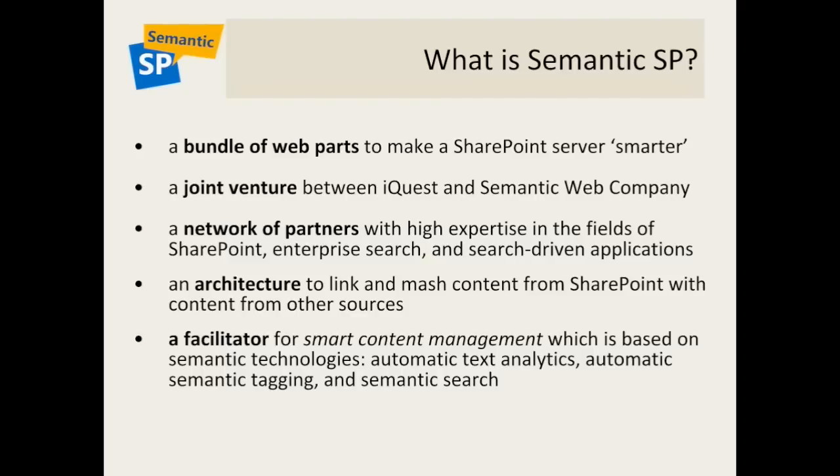It's also an architecture to link and mesh content from SharePoint with content from other sources. What does it mean? With SharePoint metadata management, you have